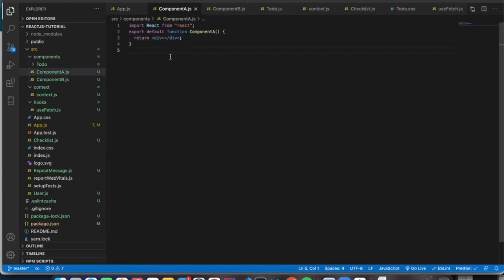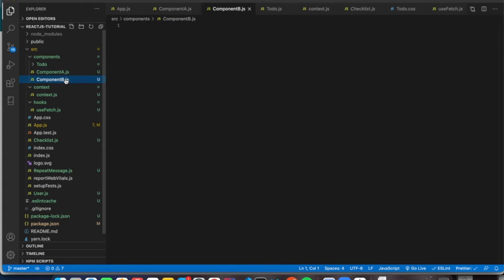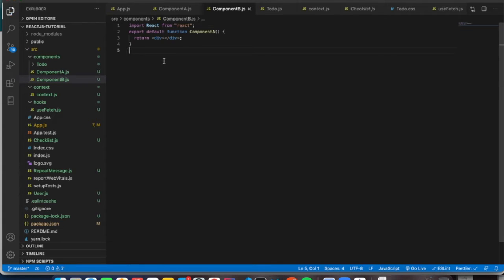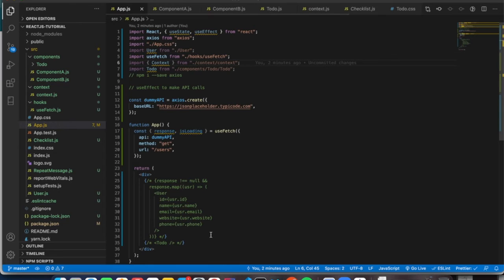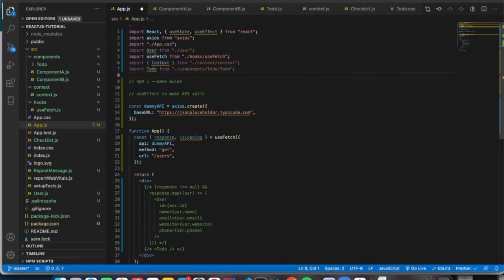Similarly I'm going to do it for component B as well. So we have two components in place. Let's try to import them here as well.